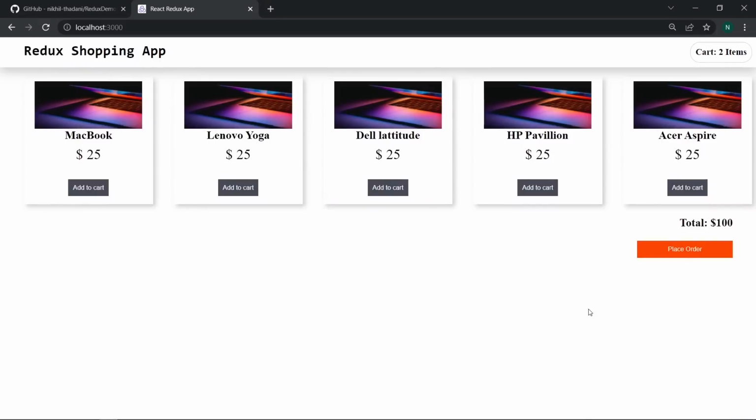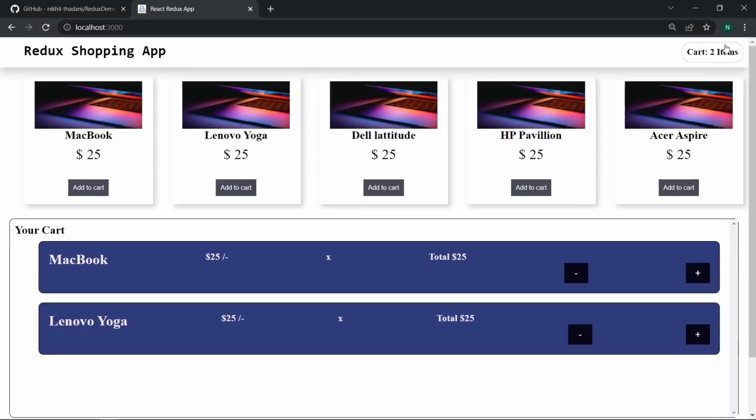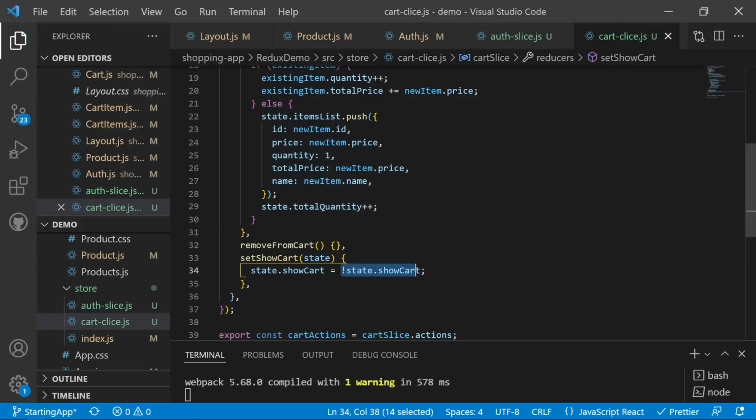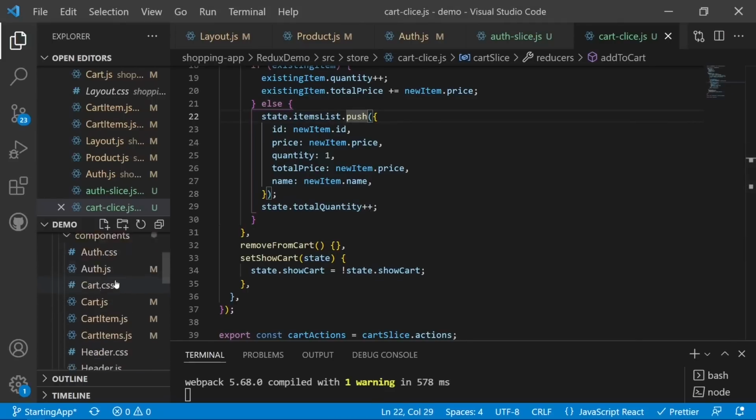So now we have built the functionality of the cart. And now if I click on the cart, you will see we have the 2 buttons here to remove the item from the cart, to decrease the quantity and to increase the quantity. So then we can also fix that. You will see we cannot see the quantity yet, so we have to see the quantity also. So we need to go to the cart